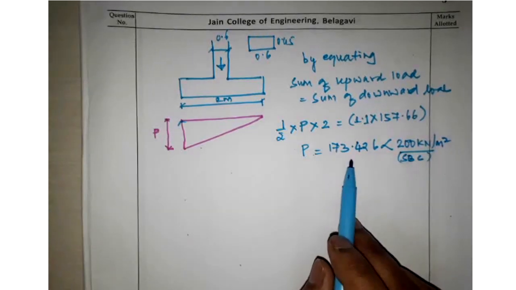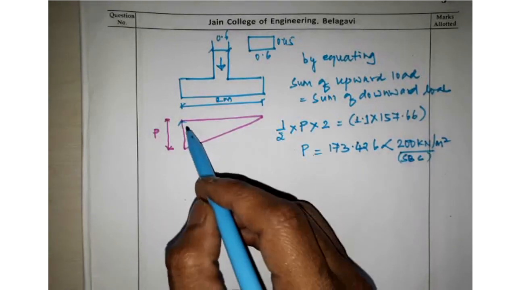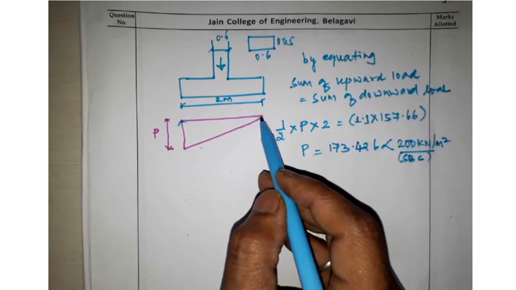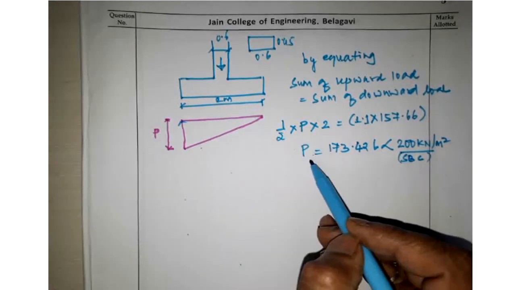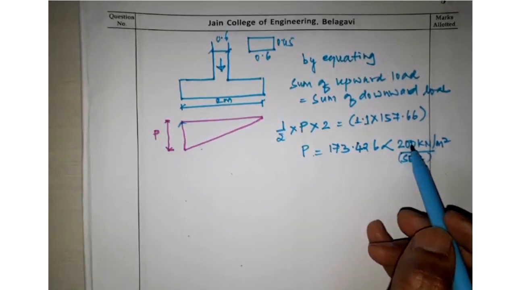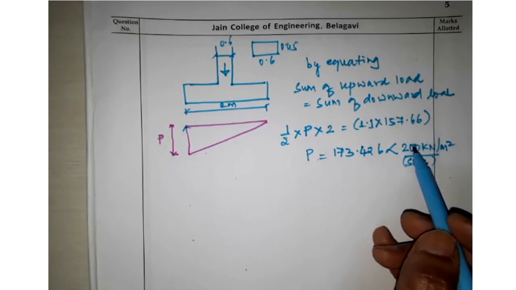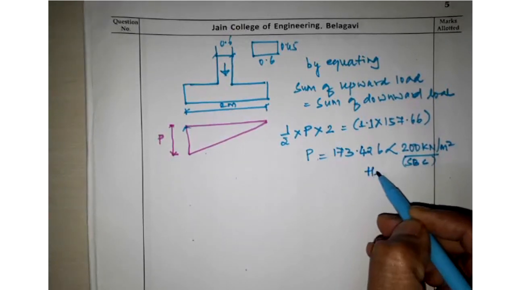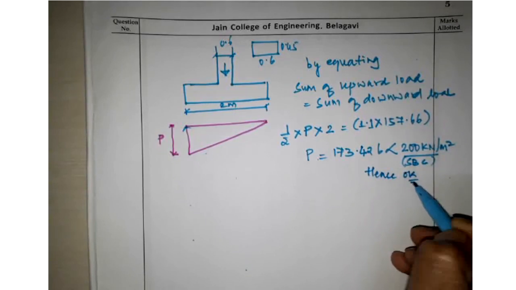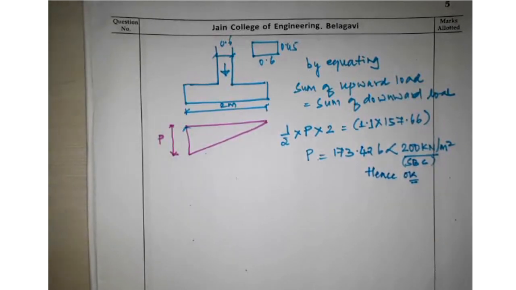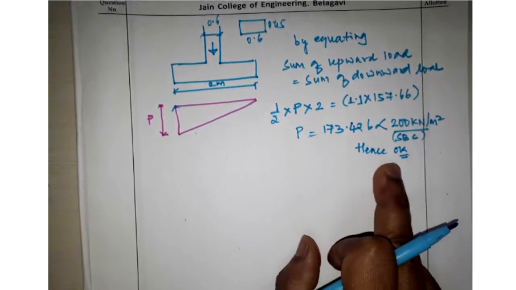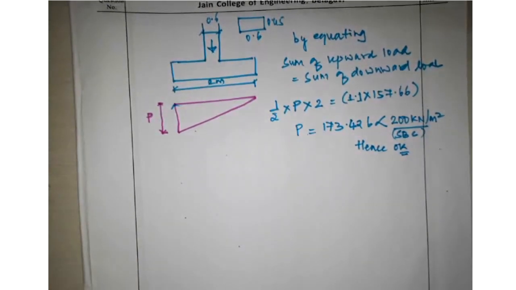So the maximum intensity of the pressure, this side we get maximum, this side we get minimum or zero. So the maximum pressure intensity is less than the SBC. So hence okay. Understood? First of all we got it is safe in upward load or the upward pressure, so it is okay. So next is now